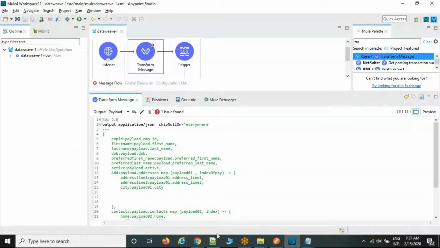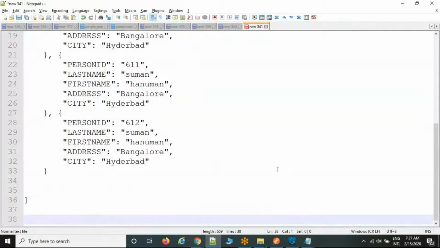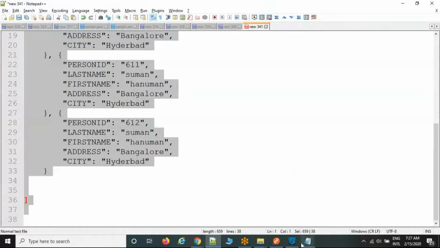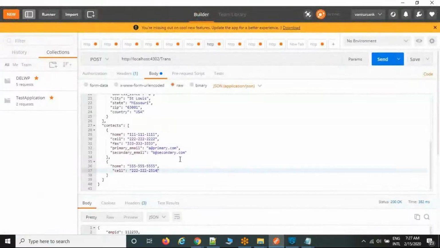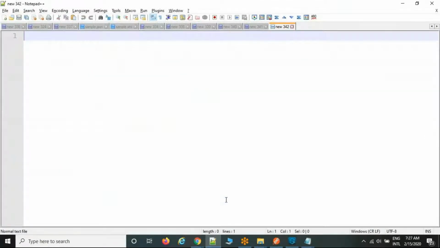Now, the file. I'm going to convert the same file into XML structure also. Example, if we take the same file, this is the file. Now the format: I'm converting from JSON to XML. So I'm converting a JSON file to an XML file. What is the structure of XML, for example?